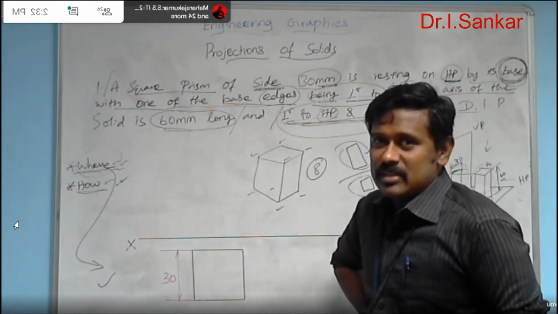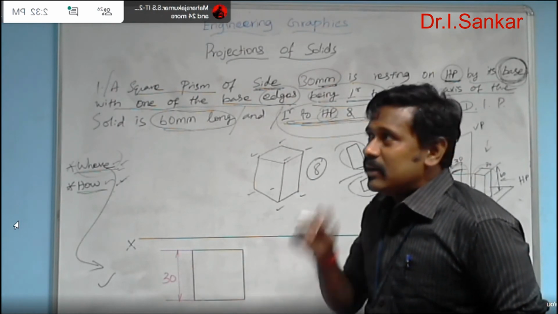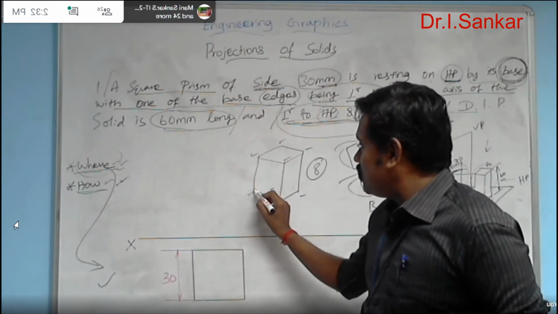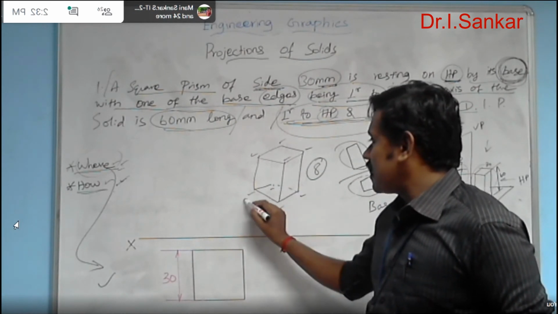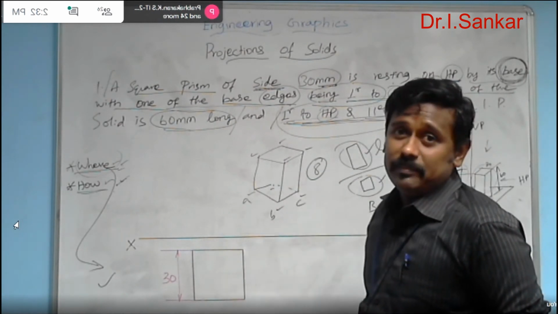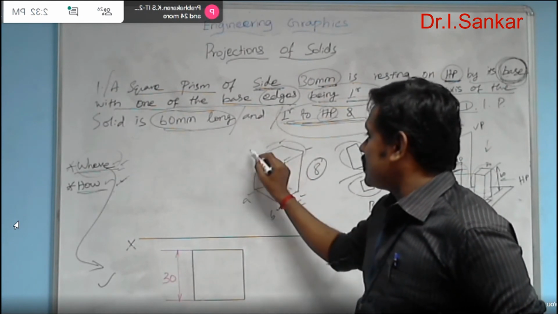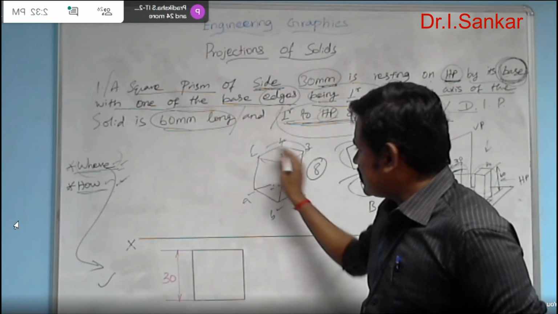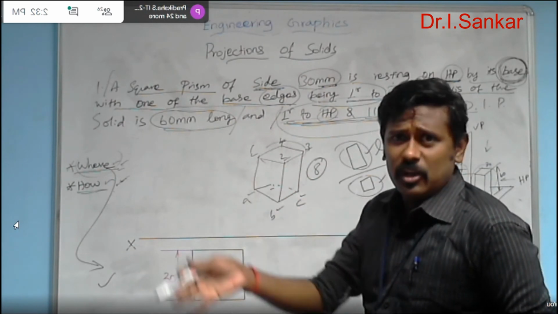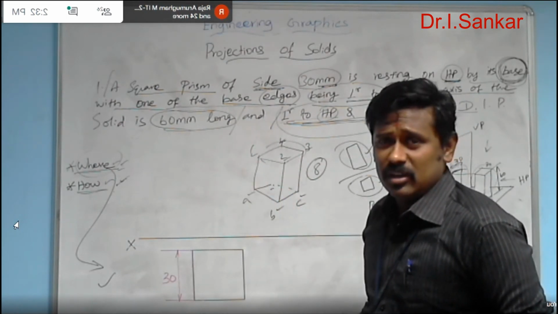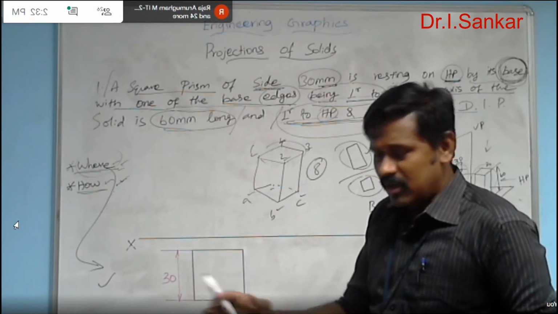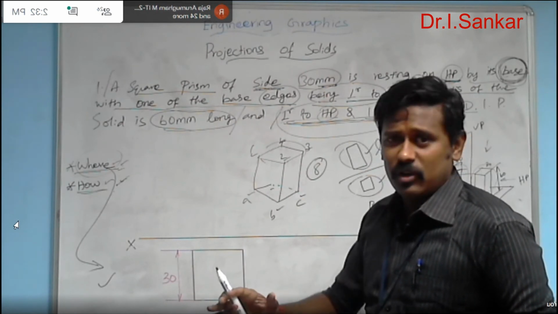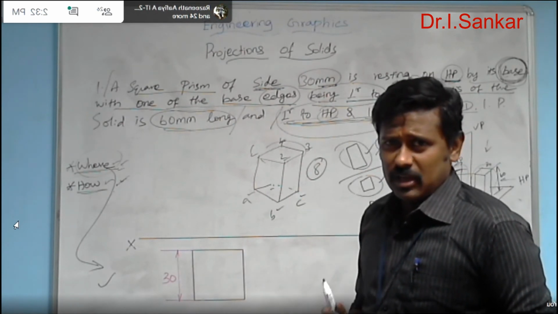In our class we can follow a formality. We can name the base corners with the help of the alphabets A, B, C, D, and the face corners with the help of the numerals, that is 1, 2, 3, 4. It is not the standard. It's not prescribed in any book or in any standard articles. Just for our understanding, we are going to follow it for our convenience in our class.